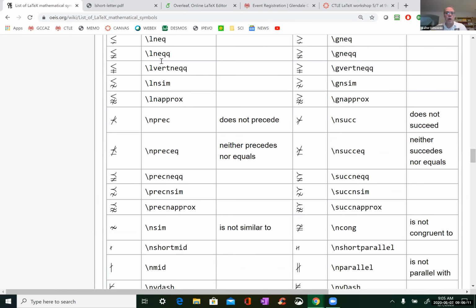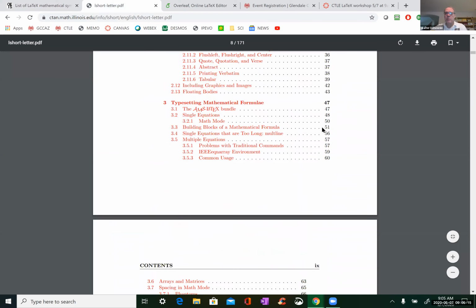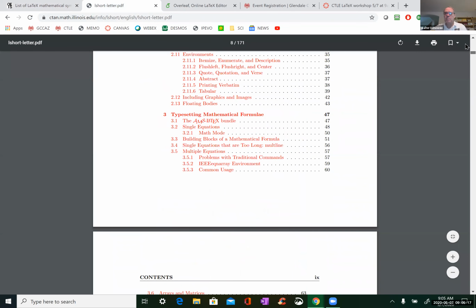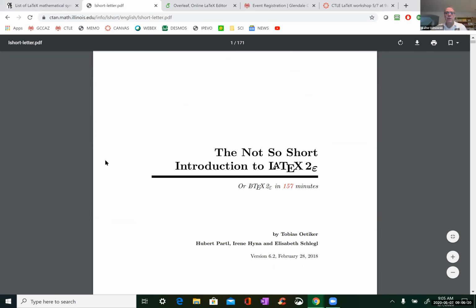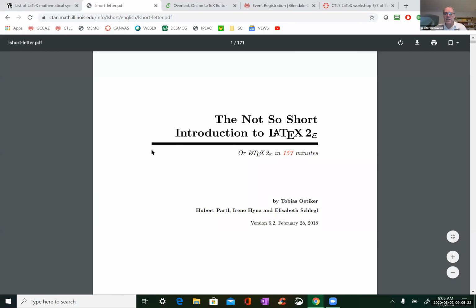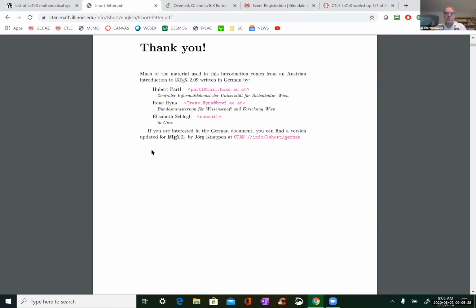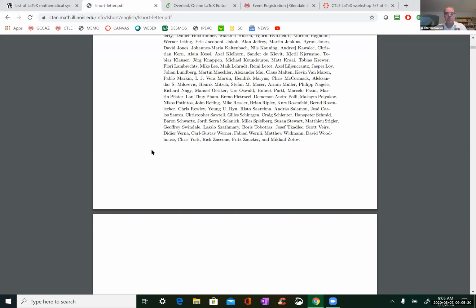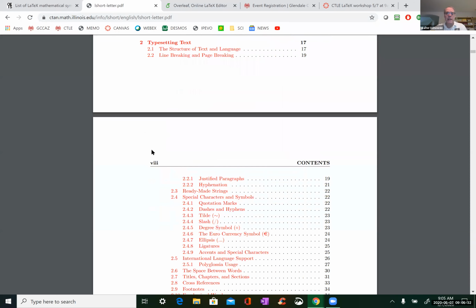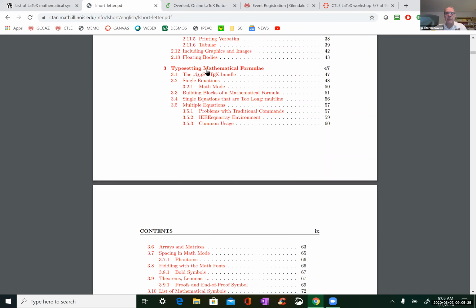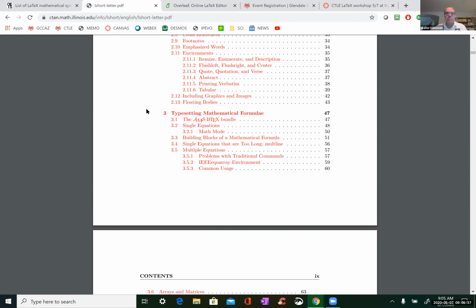Okay, now if you want an actual document, there is a document online, The Not So Short Introduction to LaTeX. This, of course, is designed if you want to actually write a document, but it has a section, if we go down a bit, called Typesetting Mathematical Formulae.